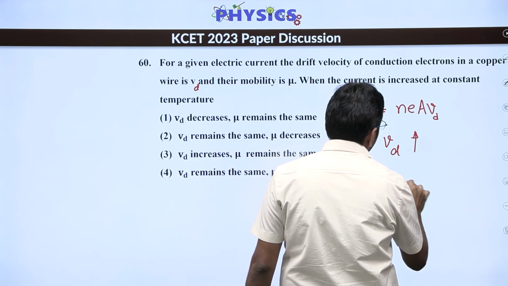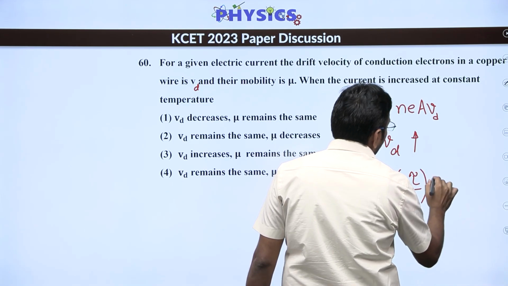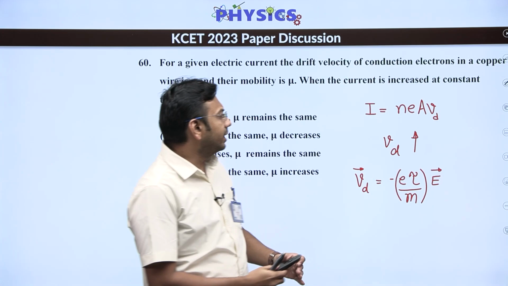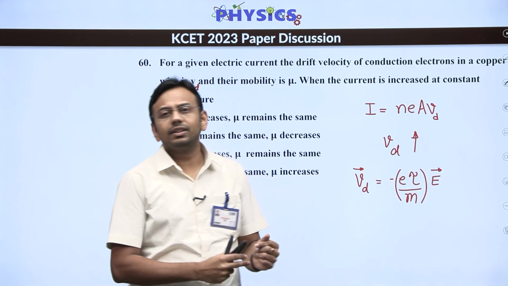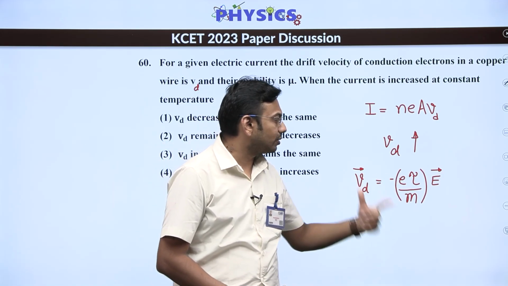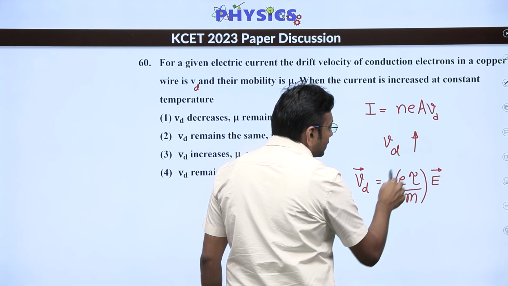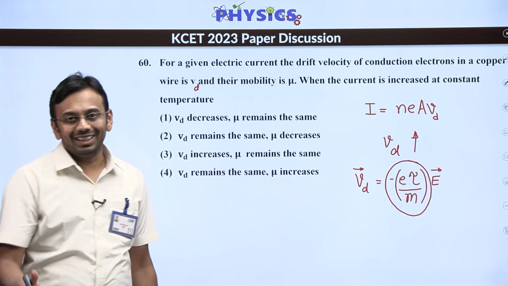It can be written like this, minus e tau by m into the electric field. If we just take the magnitudes, then we can get rid of the vector sign, minus also not required, but this term which we are getting here, this term is then what will come as the mobility, okay,